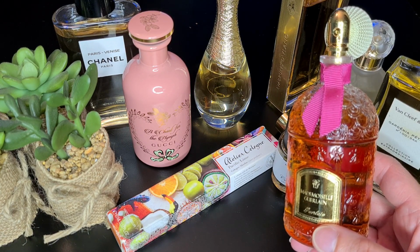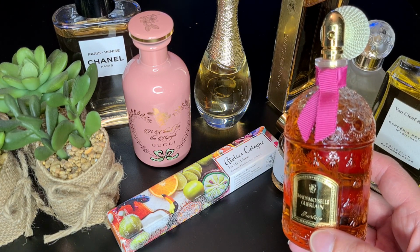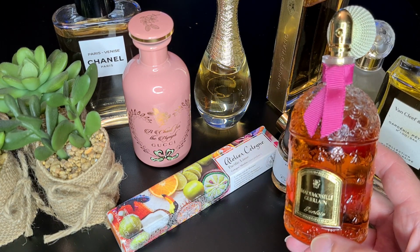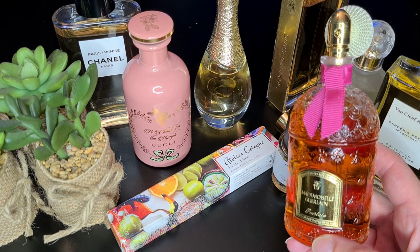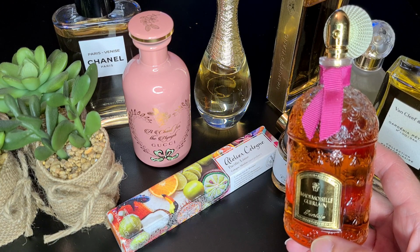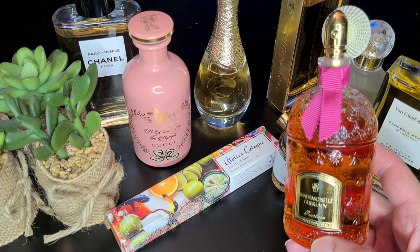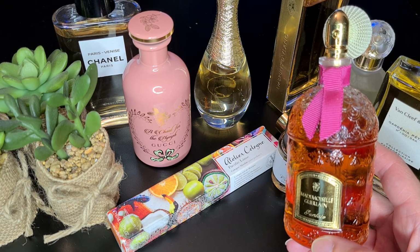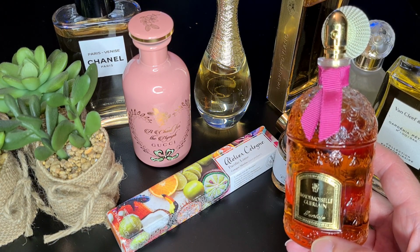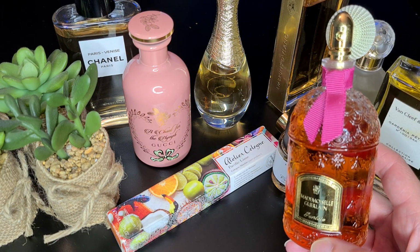So you have this green opening with the galbanum. After that, you have a beautiful iris, which is really perfect on my skin. The iris is really shining with the orange blossom. These are the 2 notes that I have the most, I believe. And the orange blossom is really on the gourmand side with this marshmallow note. So it's quite sweet, not too sweet,